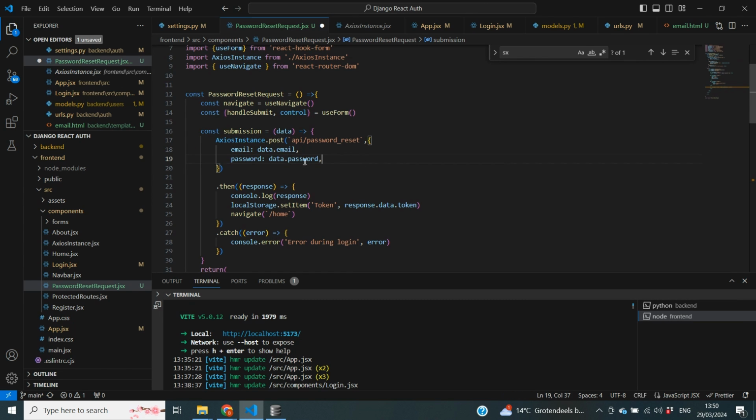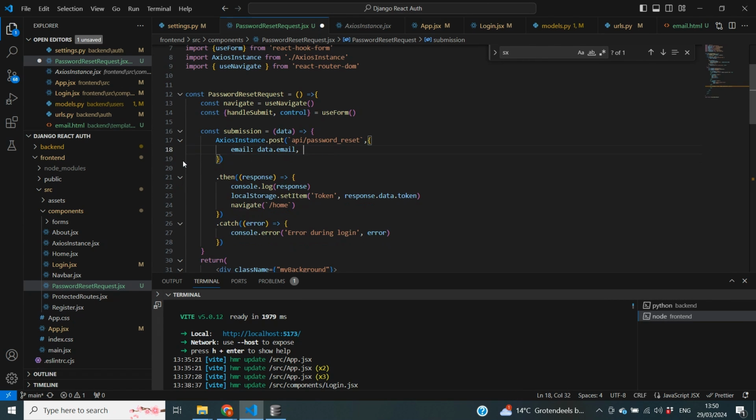So I'm going to get rid of password because that's not relevant for this particular video. Now we also have a then response. And actually all we want to do is create some kind of pop-up message that tells the user that they need to check their email because we have sent further instructions for resetting the password. So let's build some logic to show a message, but only after we have successfully made the request